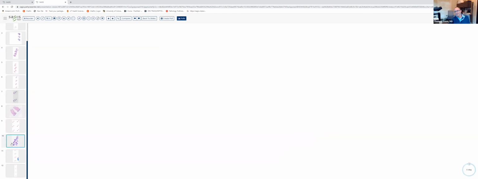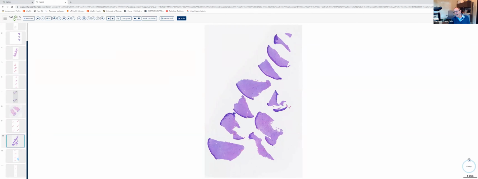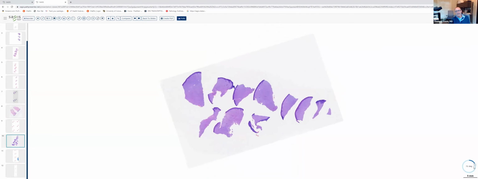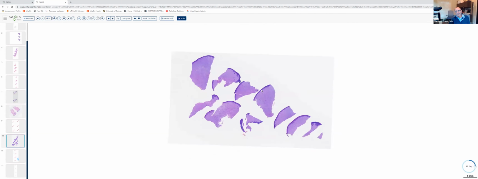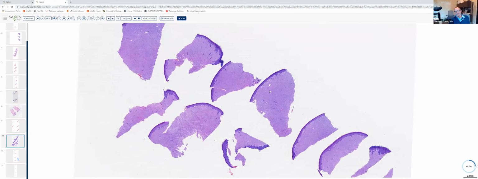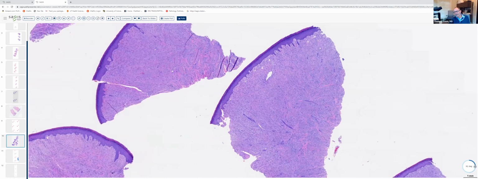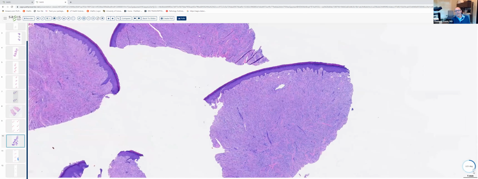Moving on to slide number 10, this was, I thought, a really cool case. This was a fragmented biopsy specimen, and we can see that the stain is quite blue. Can't discern much here. Can't tell much about the architecture of this lesion because the infiltrate appears to extend to the edges and base. If we move into higher power, which we're kind of relegated to do in this case,